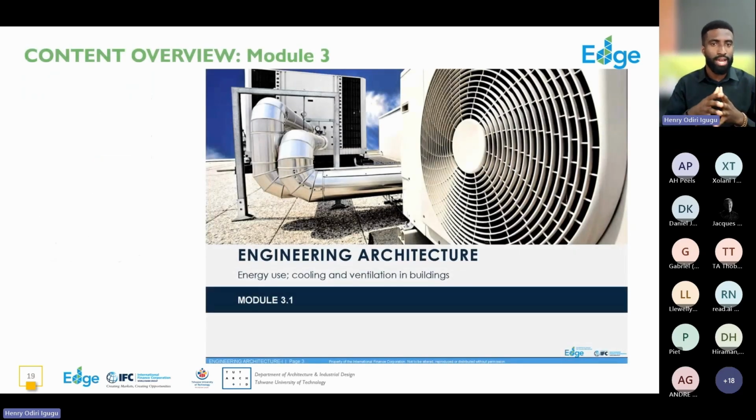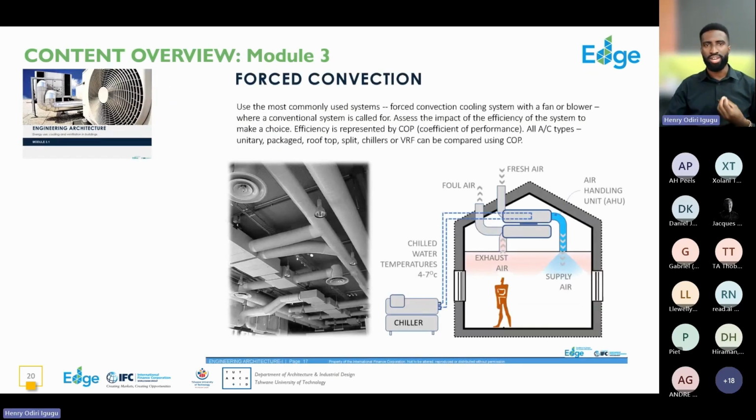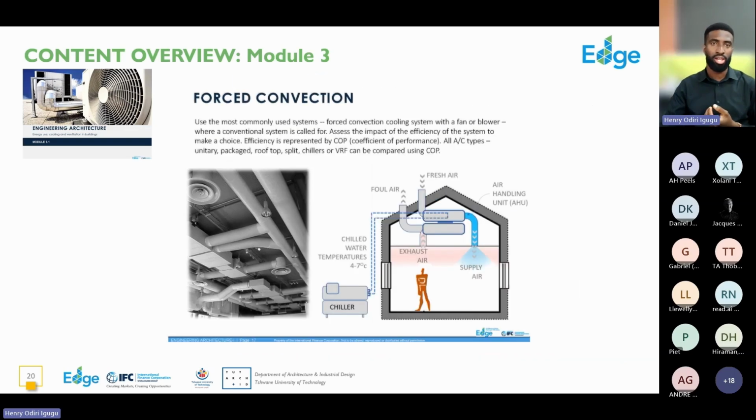Module 3 is going to look at engineering architecture, and it's in 2 parts, 3.1 and 3.2. We're looking at energy consumption and use for cooling, for heating, for ventilation. So very practical issues, covering various types of ventilation strategies, whether that is forced convection, mechanical ventilation, natural ventilation, or passive ventilation strategies as well.